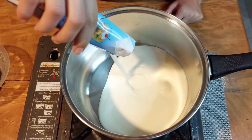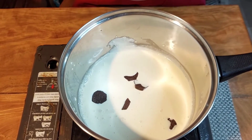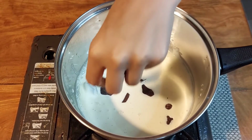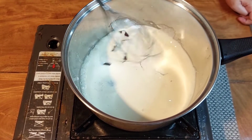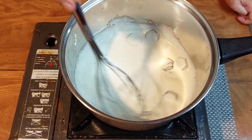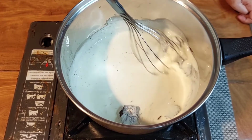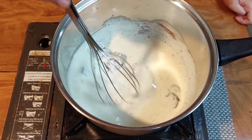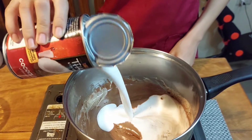Let's make the ice cream base. In a pot, combine 250 ml of all-purpose cream and 60 grams of Malagos unsweetened chocolate and heat until dissolved. Turn off heat once the chocolate is melted. Add 1 can Thai coconut milk,